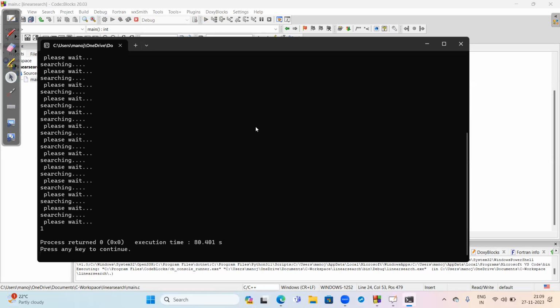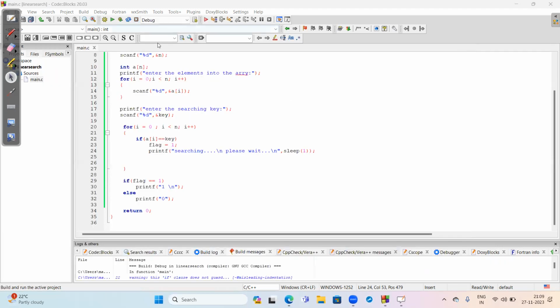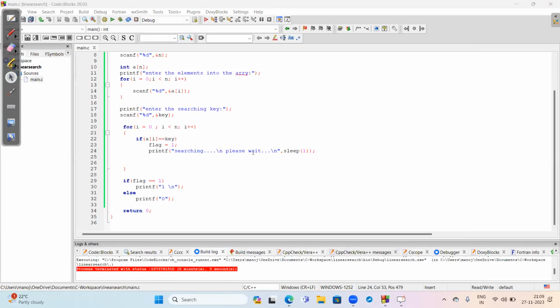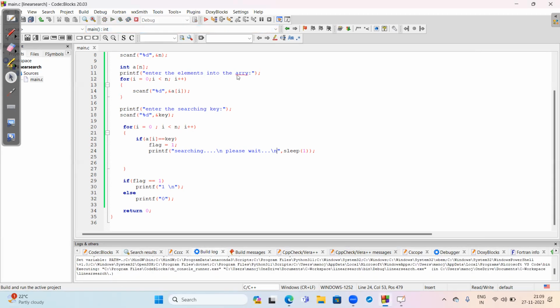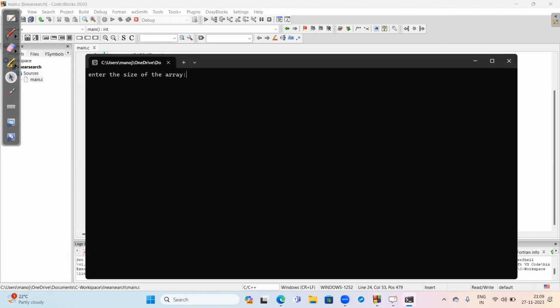Okay, this is searching. So it takes a lot of time. Suppose, for example, I am going to do the same thing here. Let me take one more time. One more time I will search it. I will give the array size as 5, and execute here. Elements I will give